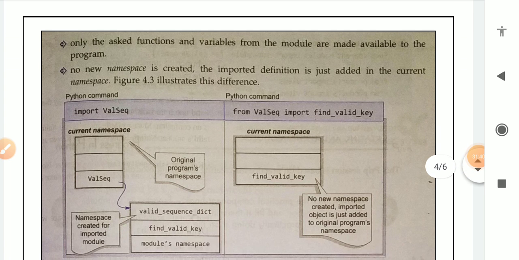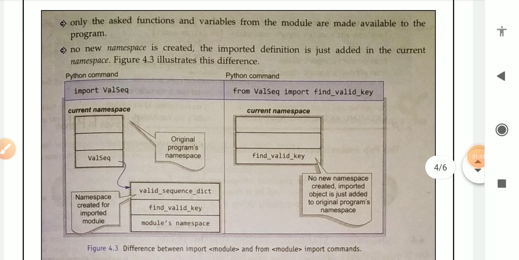See the difference in the following diagram. Whenever we import the entire module in our program, a namespace is created, with the same name as the module.